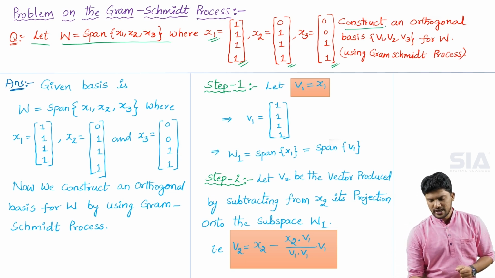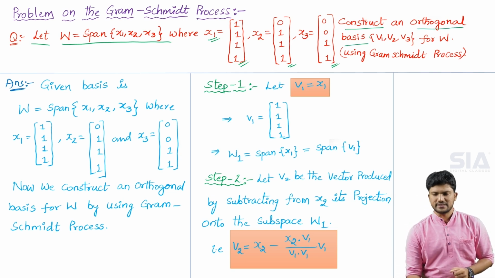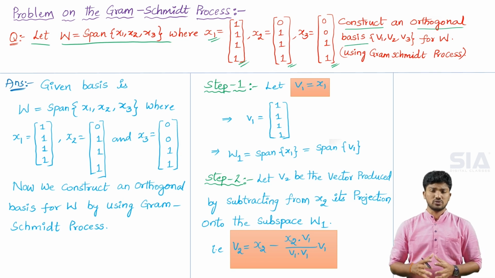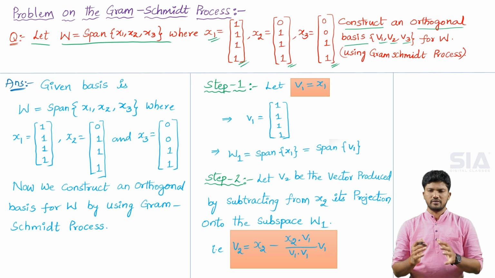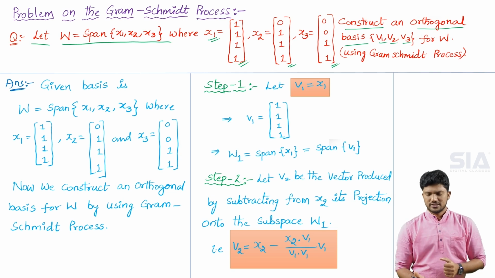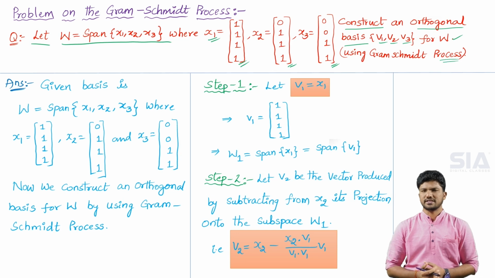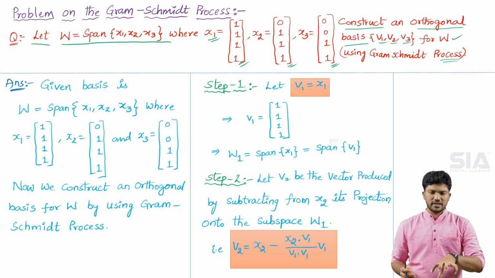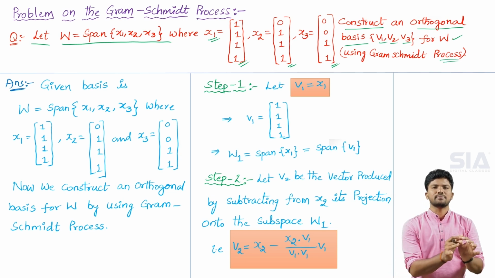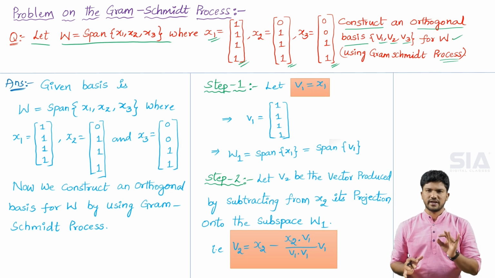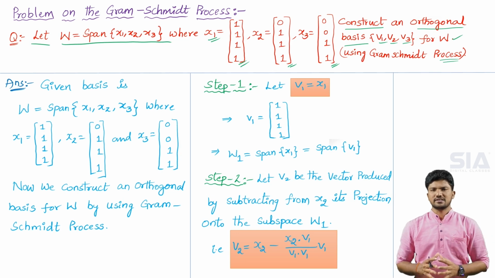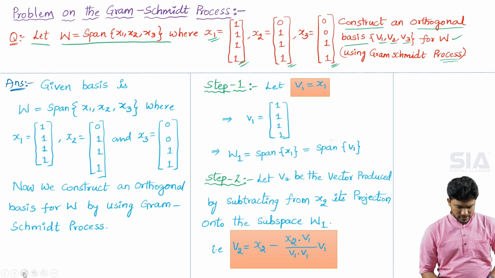Now, construct an orthogonal basis V1, V2, V3 for the subspace W using the Gram-Schmidt process. In this format, you will get questions in the examination. Especially, the Gram-Schmidt process is very important in the long answers also. So therefore, first of all,